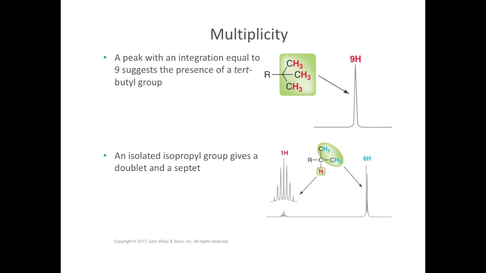If you see a singlet with an integration equal to 9, that suggests the presence of a tert-butyl group, because all of those hydrogens in red are chemically equivalent to one another and they aren't coupled to any neighboring protons. An isolated isopropyl group gives a characteristic doublet and septet. So here we see these methyls, so that gives rise to a signal corresponding to all 6 of those blue H's, which are coupled by the one red neighbor. So here we see that as a doublet, but the one red hydrogen, from its perspective, is coupled to the 6 blue hydrogens,